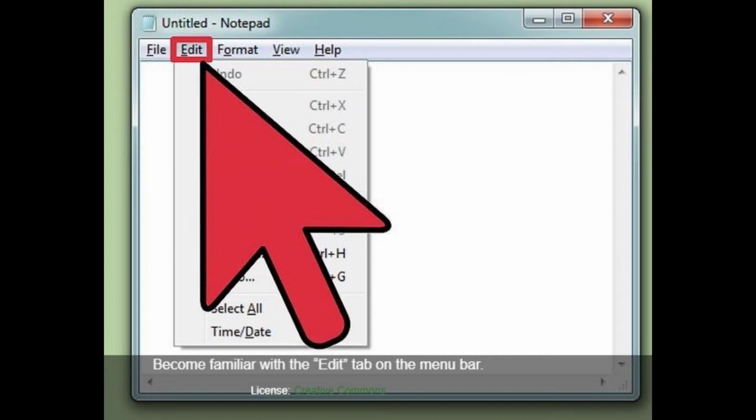Become familiar with the Edit tab on the menu bar. Undo is the first item you will find under the Edit pull-down on the menu bar. You can use the keyboard shortcut Ctrl-Z for this function also. Once you use Undo, you will find Redo as an option in its place. The rest of the menu, Cut, Copy, Paste, Delete, Find Next, Replace, Go To, Select All, and Time/Date, are standard